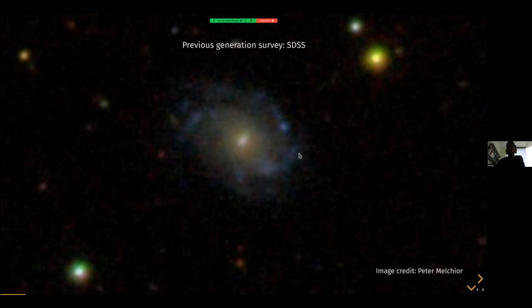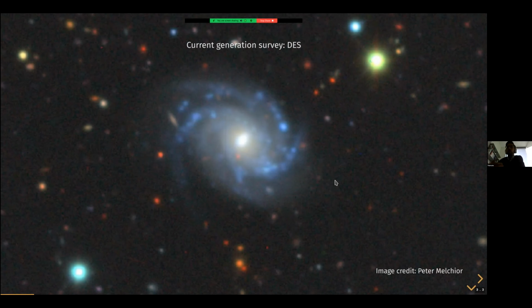And in this previous generation of the SDSS here, the sky was pretty simple. Everything was just a blob. There's not a lot of details, and things are fairly well separated from each other. And then as we move to more recent surveys like the DES, which is still a current survey, you can already see that each galaxy over here starts to have more details, and you start to see a lot more of these objects on the sky.